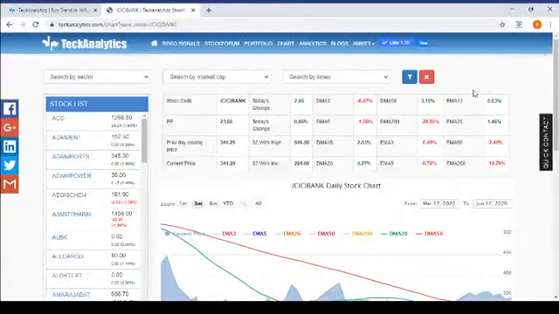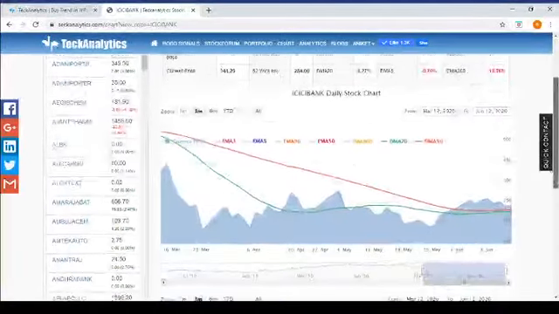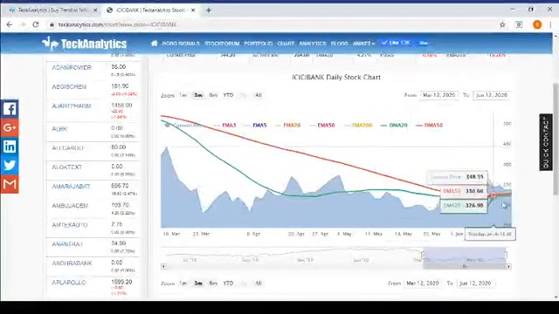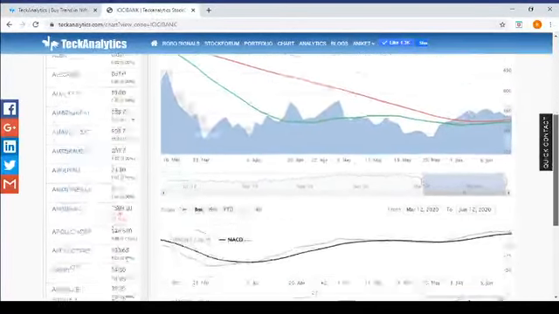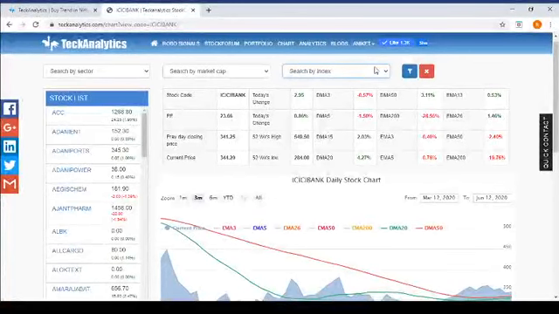You can see here, it's not even crossing green, it is not crossing red, as we saw in Mahindra. So you can play with it. On this website, for IT sector stocks, you will see the list of IT sector stocks.